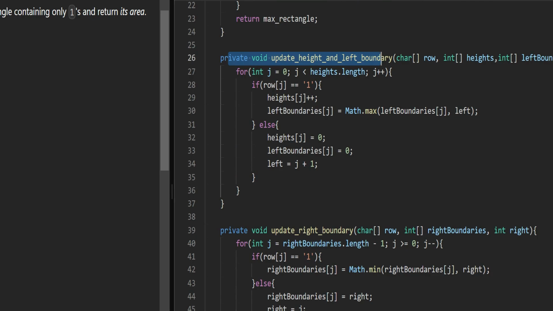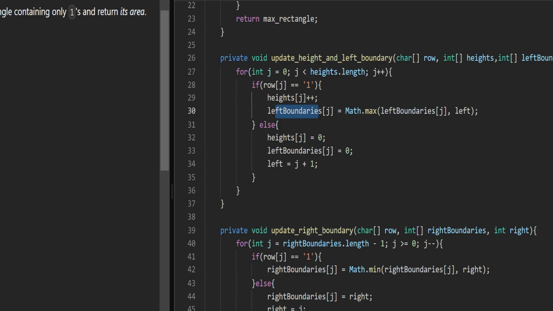As we reach the left boundary of a matrix, we'll check the height and the length of the left boundary. For this, we'll take a for loop which will go from the left boundary to the right boundary. If the row at j has character 1, which means it has 1, which we want in our final result, then we'll simply increase the height of j, and we'll also update our left boundary j.